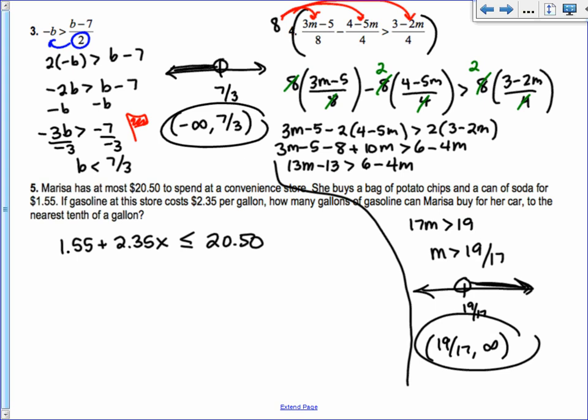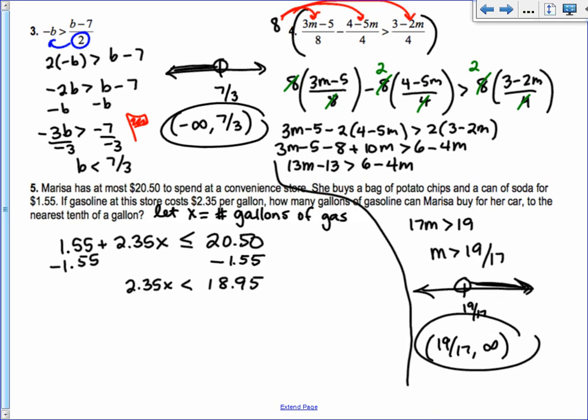I don't know. So $1.55 plus $2.35 times the number of gallons of gas. Usually I like to see you defining the variable. So let x equal the number of gallons of gas. And all of that has to be less than or equal to the $20.50. Okay, so we're going to subtract out $1.55. So 2.35x is less than 18.95. All right, so divide by 2.35. Divide by 2.35, and you get x is less than